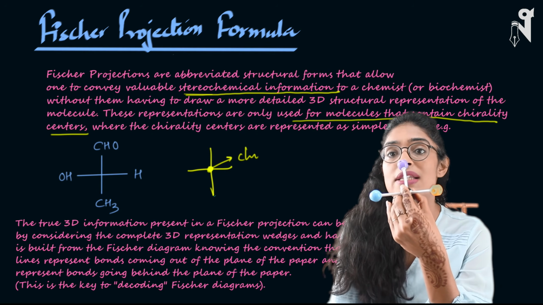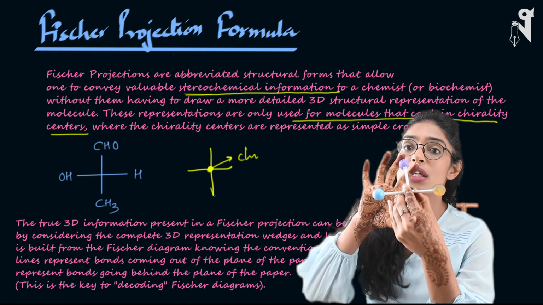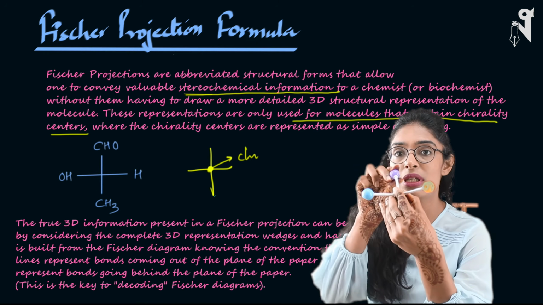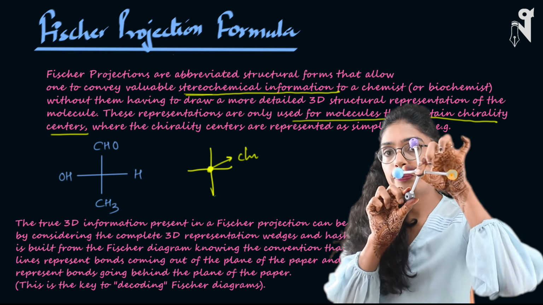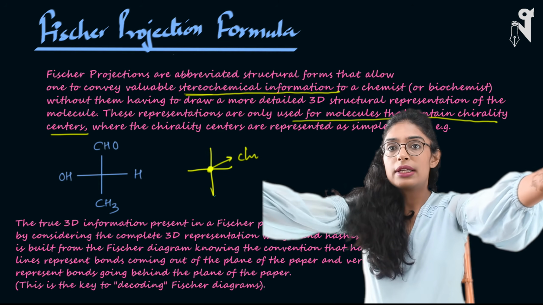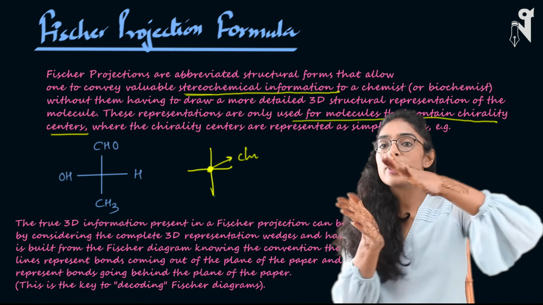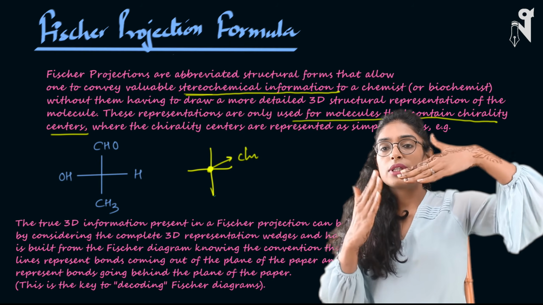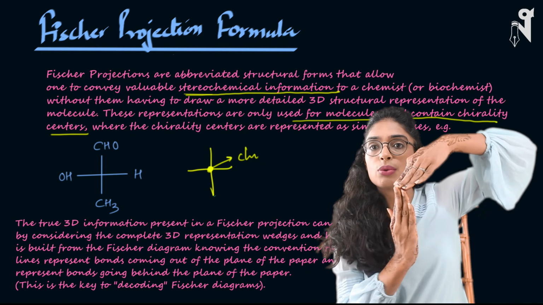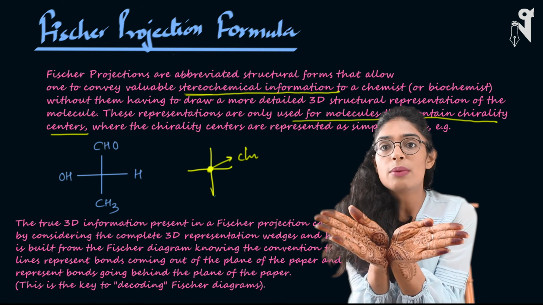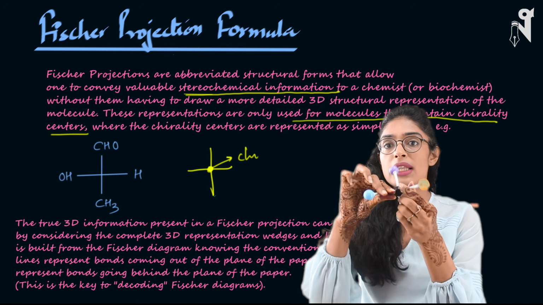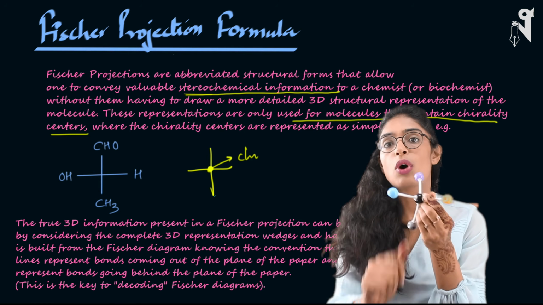So basically the dash bond as well as the wedge bond are both visible to you, whereas the 2 bonds which were in the plane of the paper will go away from you. So this purple is away from you and this gray one, the down one, is away from you. It's like this, these are the 2 hands, and assume my body is tilted from the center. This is how the back bonds are, which are away from the viewer, and this is how the front bonds are, which are towards the viewer. So basically these two will be away from the viewer and these 2 will be towards the viewer when I rotate the molecule a bit.